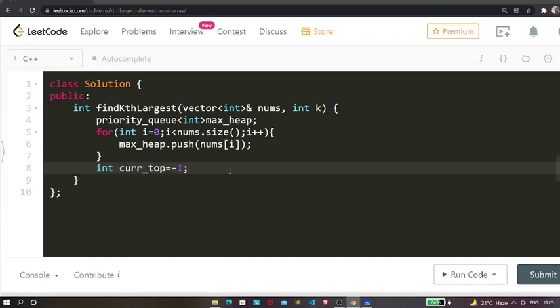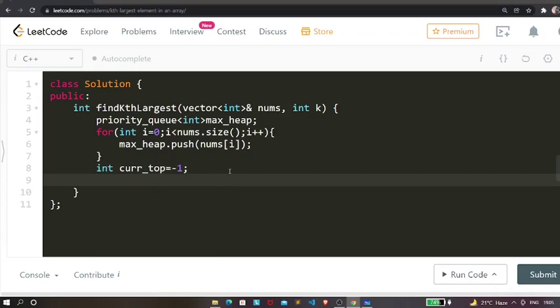Now once we have pushed every element, we're going to have a variable. Let's name it current top, which will tell me the current top. Currently this is -1. Then we're going to have a while loop. The terminating condition for this while loop is that if our k is less than or equal to 0, then it is going to terminate.